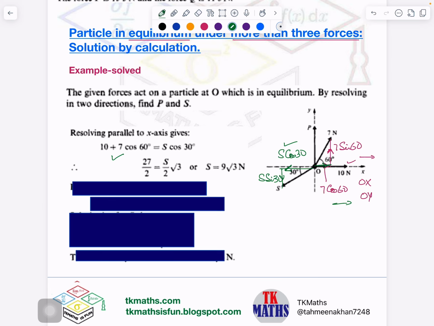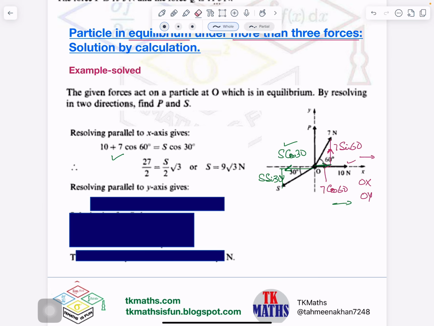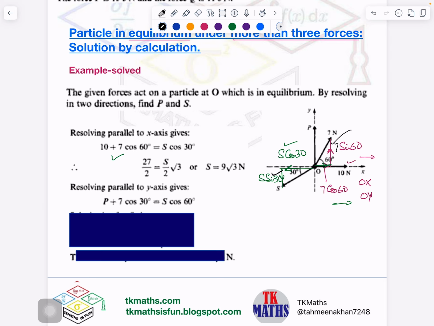Now along y-axis if you see here, it is this force which is acting upward. Sorry, this one 7 sin 60 is acting upward, and this force is acting downward, which is S sin 30. Right? So I will write an equation here, and this P is also here, which is vertically up. So this and this force will be added up, and this force is downward, opposite direction. So we are putting it equal to,